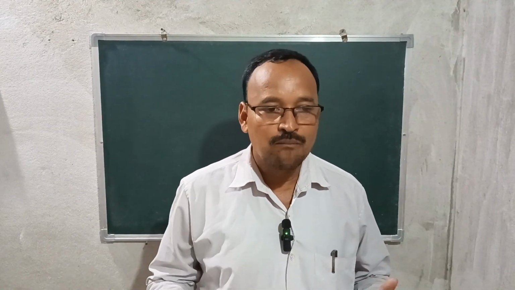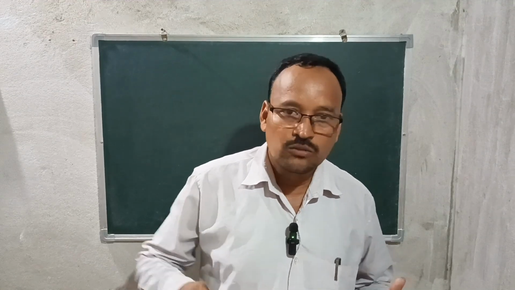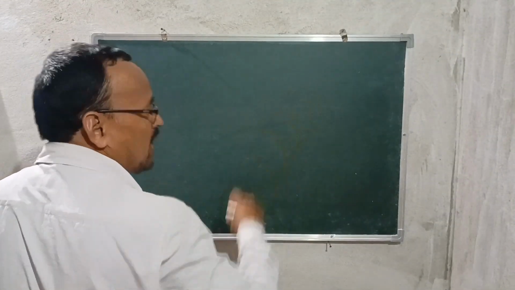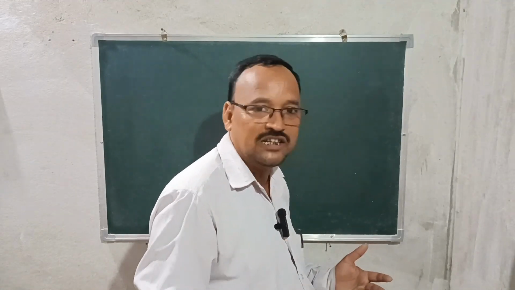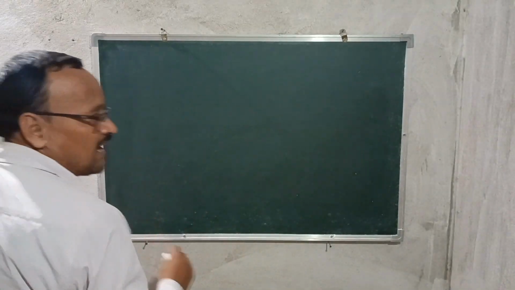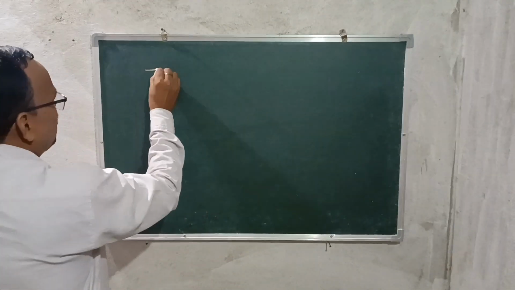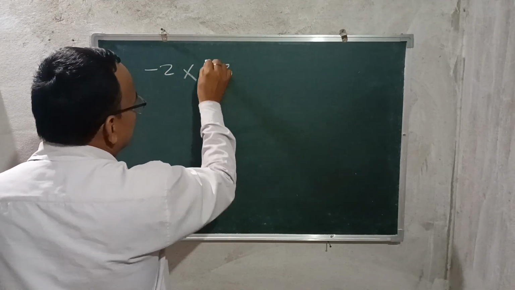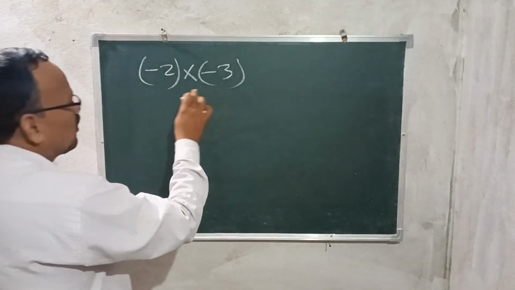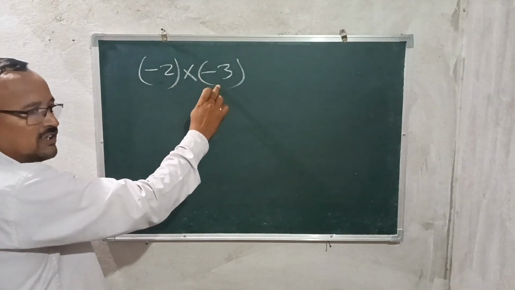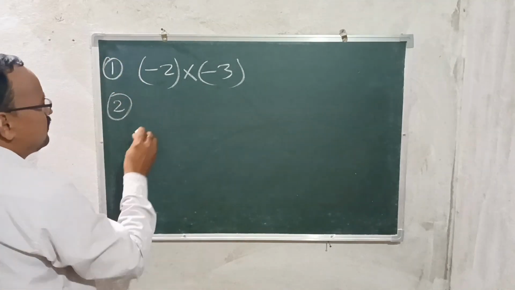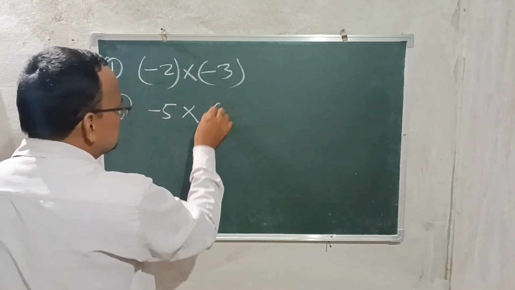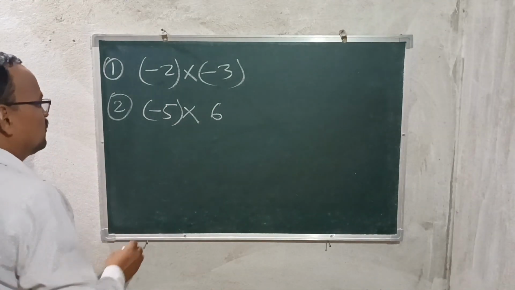So, multiplication of two integers: how to find the product of two integers. We know the rules of integers. First, the product of integers. Let us take examples. Suppose number 1: minus 2 into minus 3. Number 2: minus 5 into 6. Number 3: